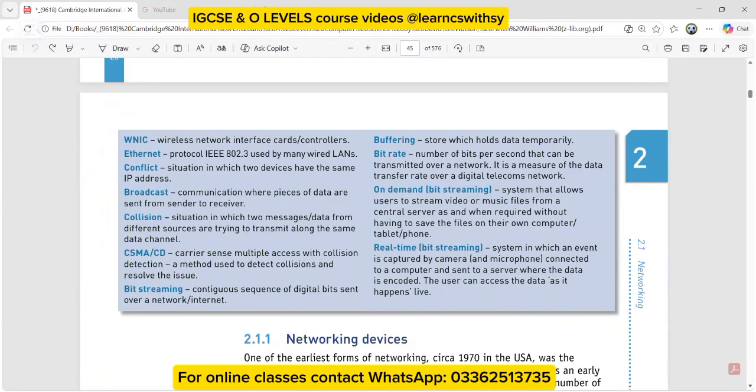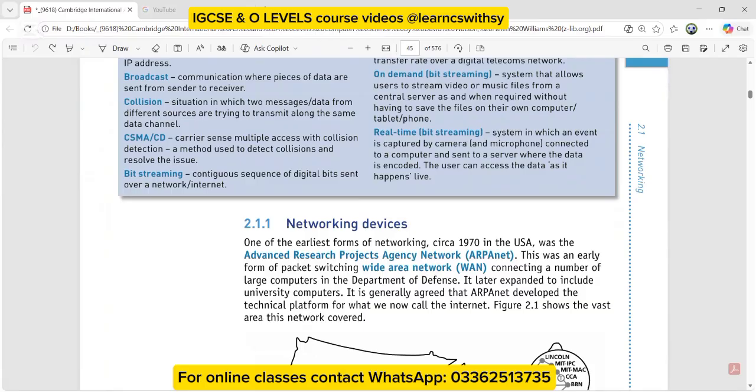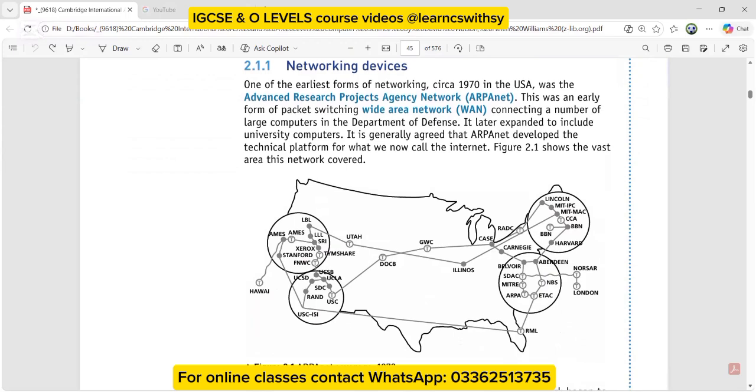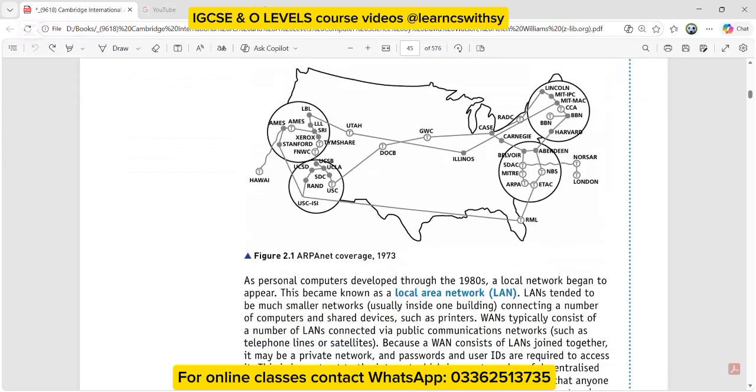Now, moving to the first, networking, what is it? And starting with the term internet, if you really know about the internet, how did it all start? In the beginning, it was not used the way we are using it. The American defense was using it, and it was ARPANET, Advanced Research Projects Agency Network. Later, it was so successful that they thought it should be used by everyone, and this is how it all started. So this was a very brief discussion of how it all started.